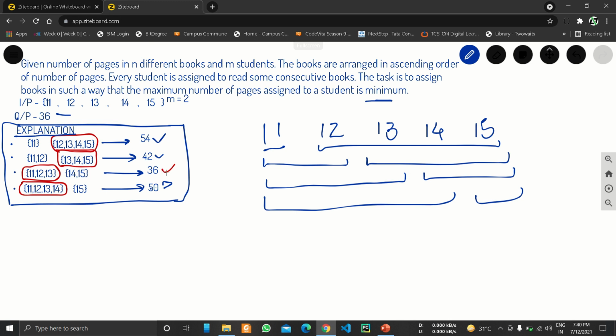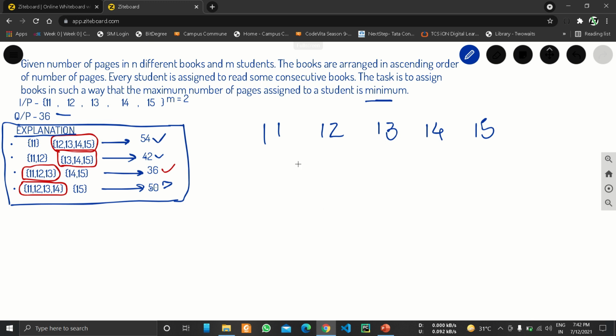So let's see the logic behind the problem. We will find the solution using binary search. Let's see how. If the number of students is only 1, then the student will have to read all the pages in a consecutive manner.